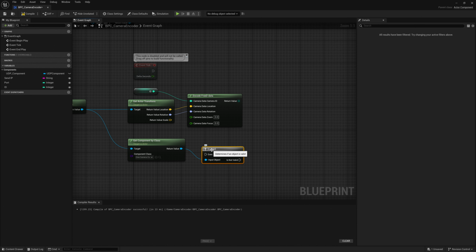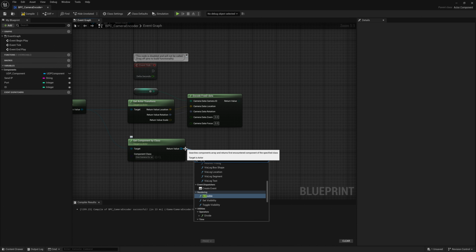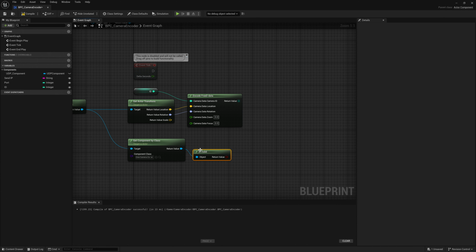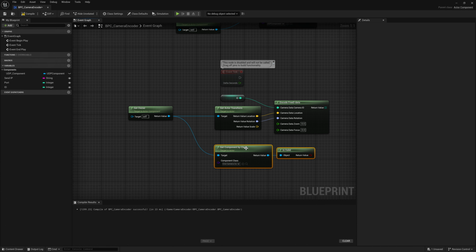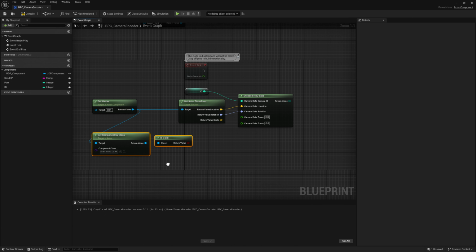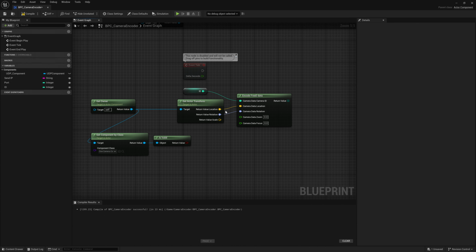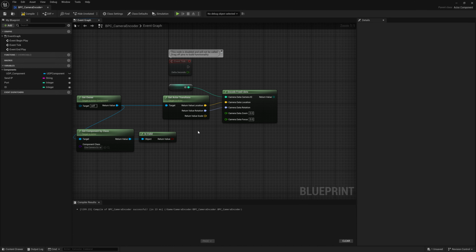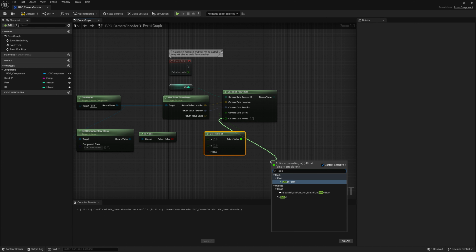Let's do this one is valid. So if this returns nothing, which means we don't have a cine camera, then we can still encode the tracking data. We just won't bother with the zoom, and instead of getting an error, it'll just return the zooms as 0. So I'm going to go select float and select float on both of these,